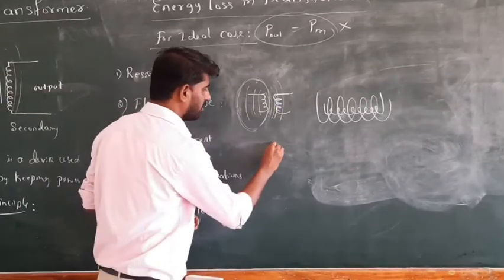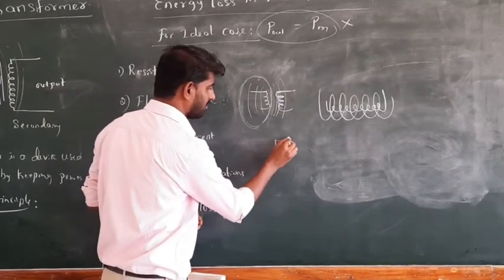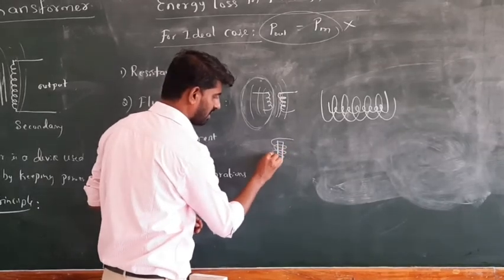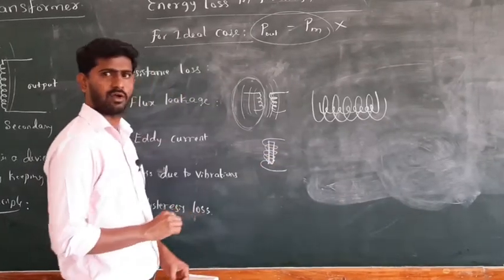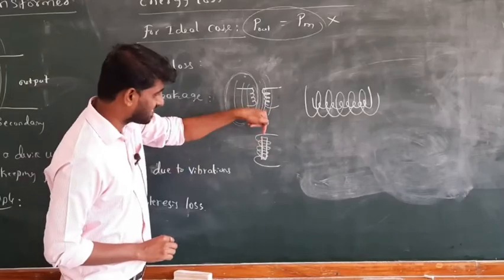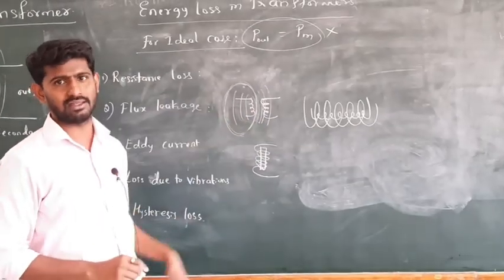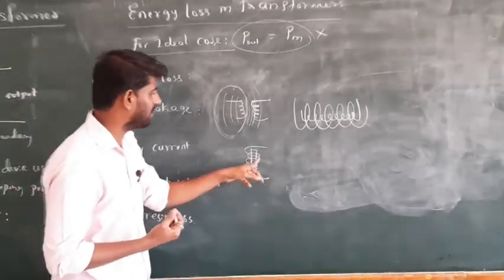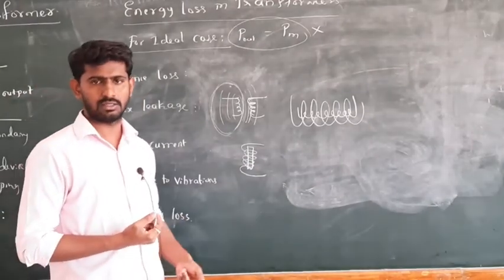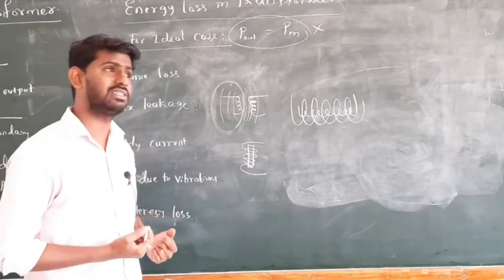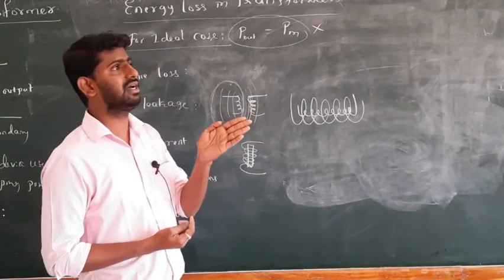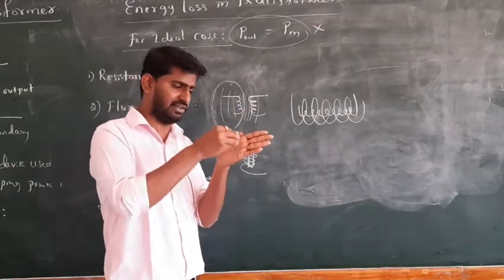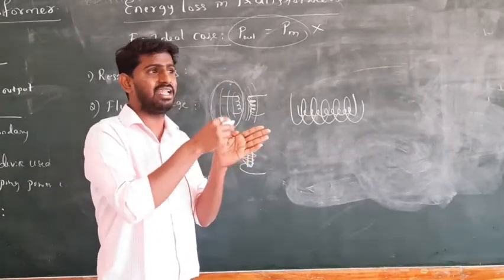How do we prepare this coil? There is a soft iron, and on it we wind the coil around like this. So this becomes the coil, and the soft iron core which is inside, at the core of the coil, is experiencing continuous magnetic flux. As a result, eddy current is produced. What is eddy current? We know that due to induction on a surface, current is produced in the form of eddies.